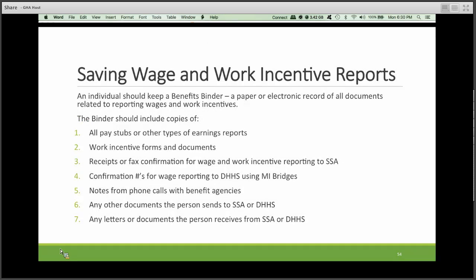So we're talking about a fair amount of paperwork. People need to keep these forms, receipts, and other letters and documentation. It helps to have a benefits binder, either a paper folder or an electronic file, to record all of the documents related to their wages and work incentives. And that includes copies of all pay stubs or other earnings reports, the forms related to work incentives, letters as well that document work incentive use,